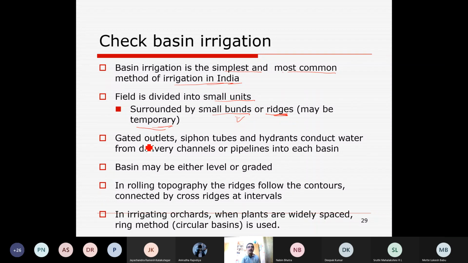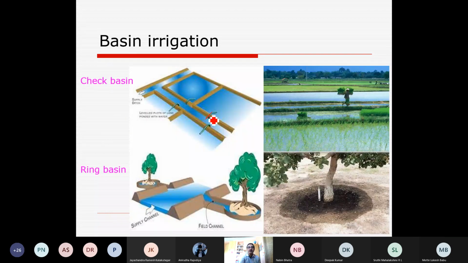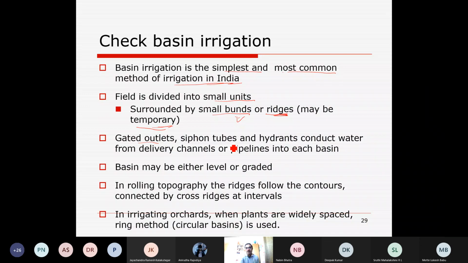Gated outlet, just like here. We can have a gated outlet if it is a pipe flow system, or a siphoning, or just opening small and then closing it. Just like here, it is a simple opening. We can supply water. So gated outlets, siphon tubes and hydrants conduct water from the delivery channel or pipeline into the